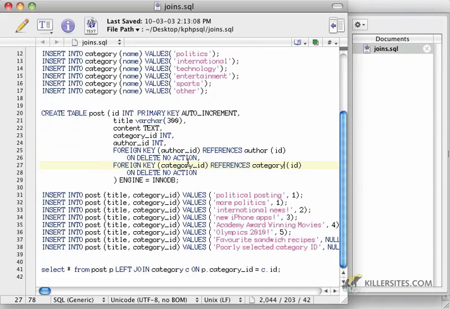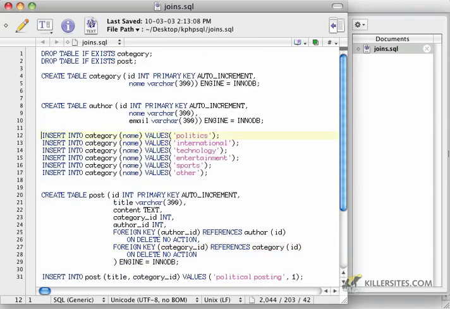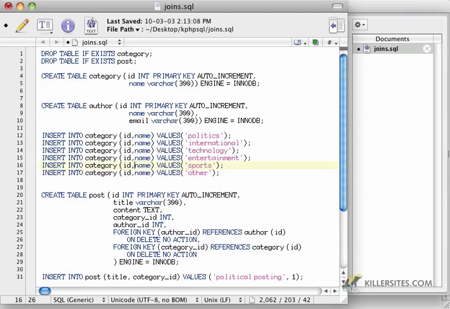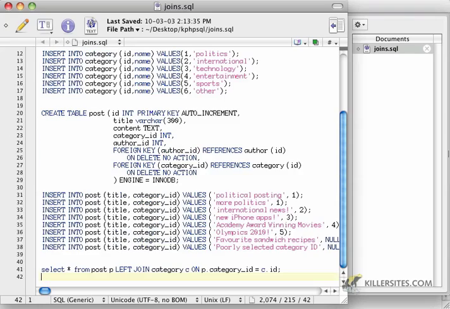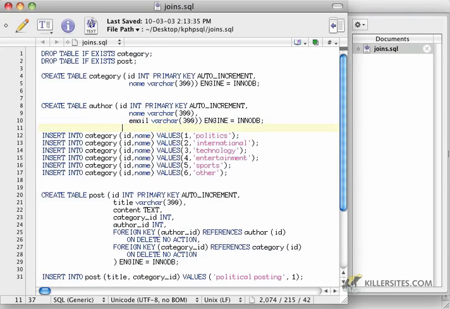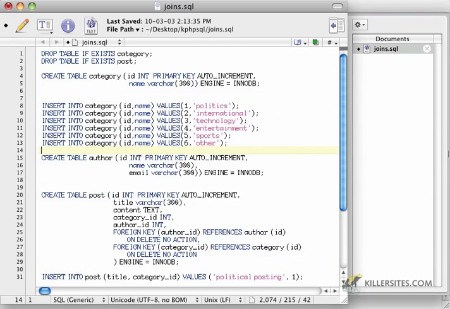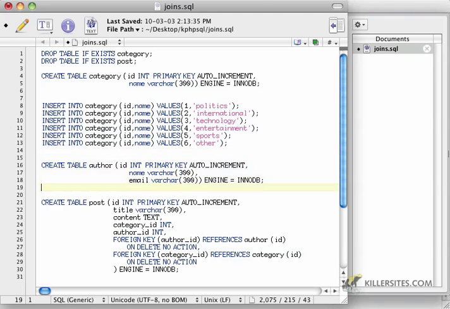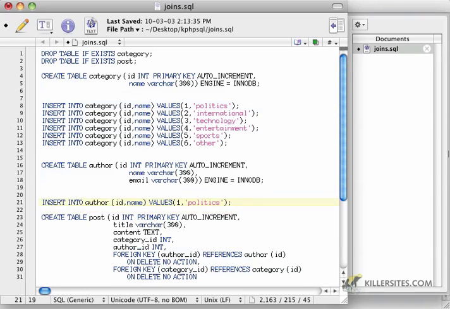So now, again, we have all of our categories up here. And just to be a little more specific about what I'm doing, I'm going to specify an ID so that I know I'm creating the right ID every time. So it's going to be 1, 2, 3, 4, 5, and 6. And then I'm also going to be inserting some data into the authors table. So let me put this with category, and I'm going to create an insert statement for authors as well. Insert author, ID, name, email, values,